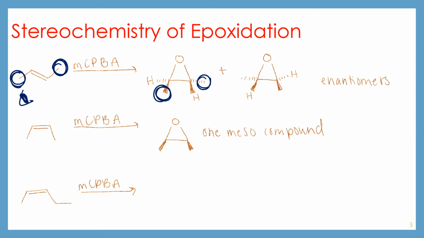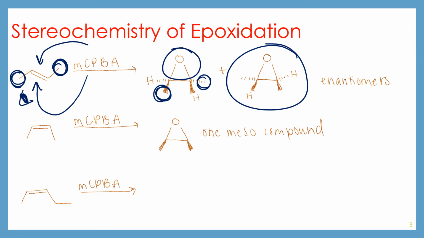And then I can imagine the epoxidation happening from the top, because it is a syn addition. It happens all on one face, and that would give us this epoxide. Now, if the epoxidation happens on the bottom face of my molecule with the way that I'm currently holding it, it's going to give us the enantiomer, which would look like this. If you want to see how that looks,